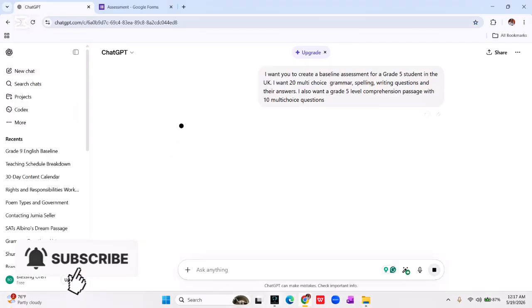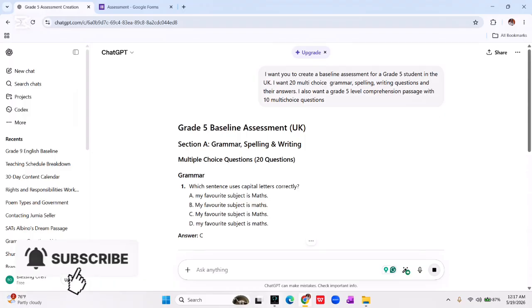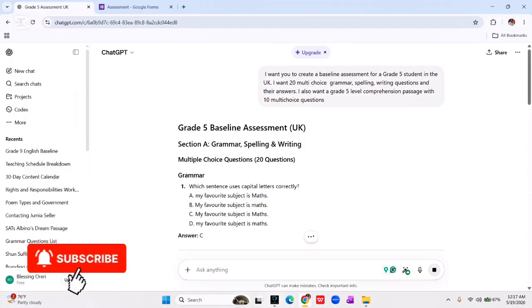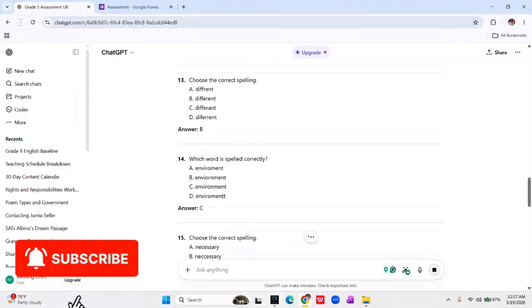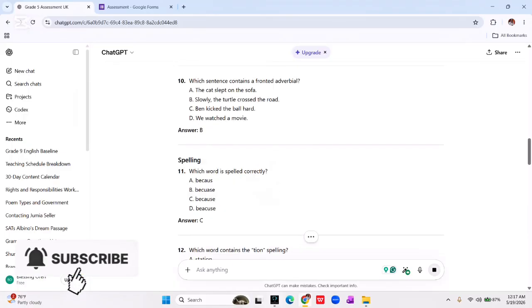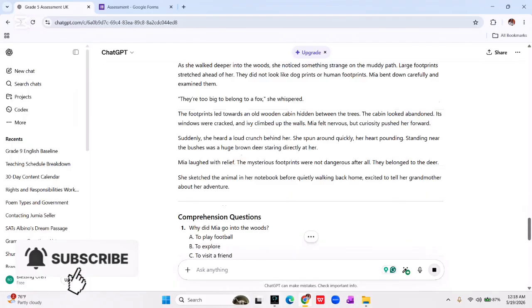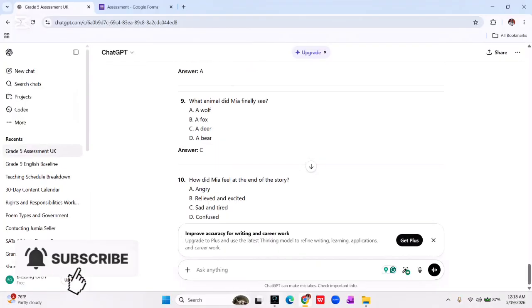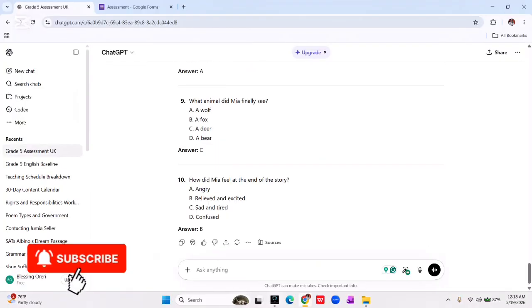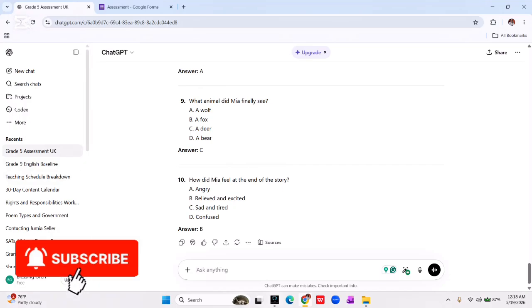So I've sent it in. I didn't correct it. So you could see it's a grade 5 assessment UK question. You could see what it gave to me here: spelling, grammar, different things. However, if you notice, I didn't tell it to use a specific curriculum. So I'm still going to indicate here,